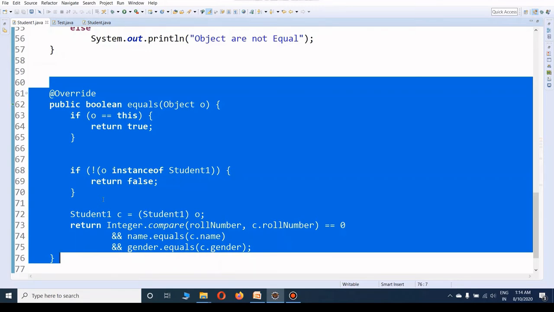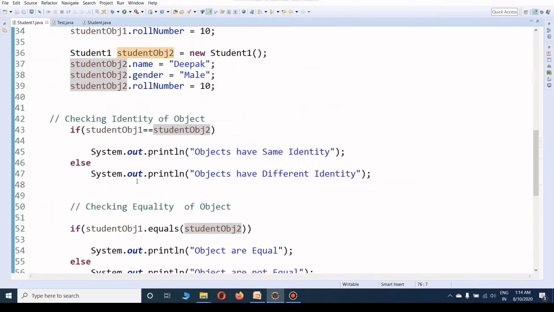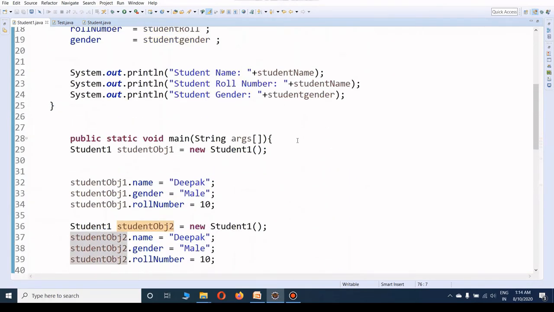When we override the equals method, it is recommended to also override the hashCode method. If you don't, equal objects may get different hash values. This happens generally when we use class objects having members of different data types, so sometimes it may show the wrong result. That's why we need to override the equals method, especially when we are using different data types in a class. Okay, so now let's run this code.